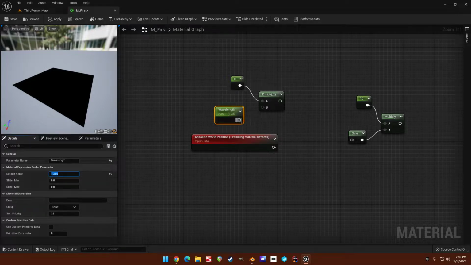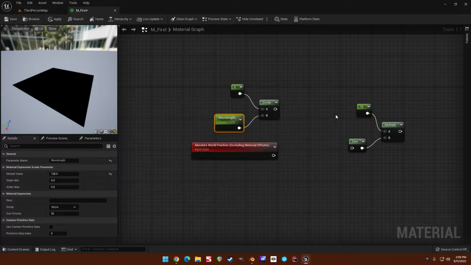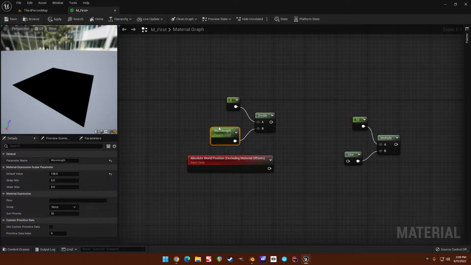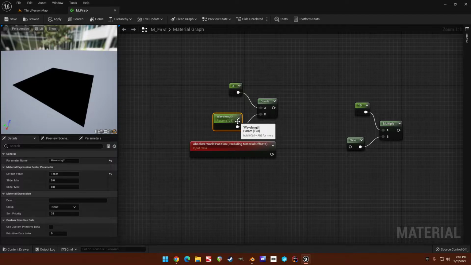What I'm heading towards demonstrating here is that when we choose a wavelength, we want to be sure that it's accurately represented through the sine, that the size of it is real, right? That this wavelength is 128 centimeters. Okay. So 2 divided by wavelength